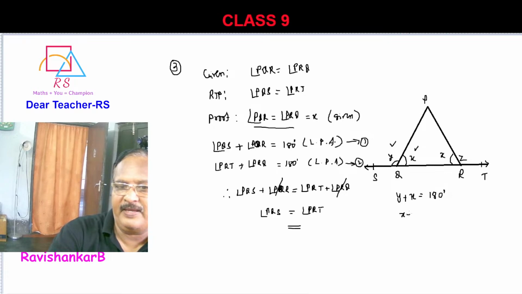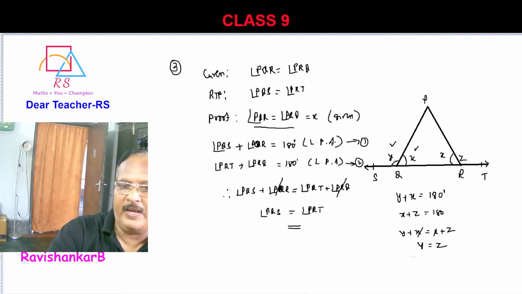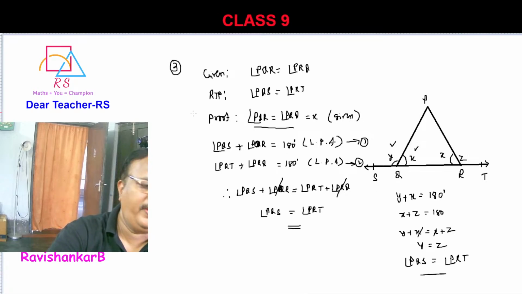In the same way, x plus z is equal to 180 degrees, linear pair. So y plus x is equal to x plus z. X will get cancelled. Y is equal to z. Y is nothing but PQS and z is nothing but PRT. So this is also one way using